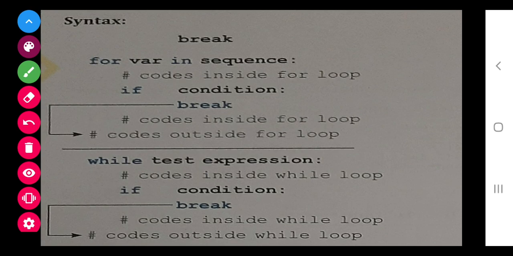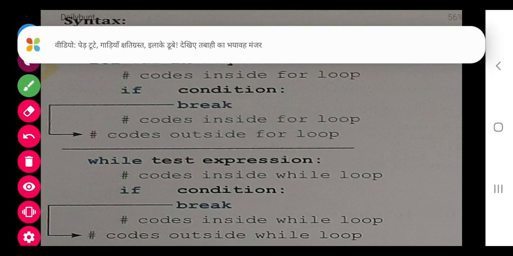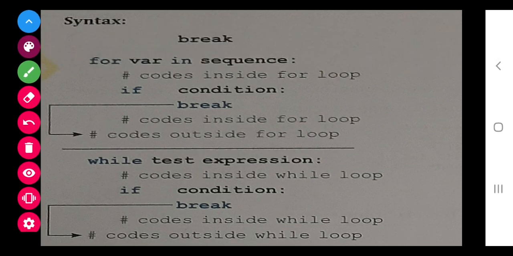First of all, the syntax. Suppose a for loop is going on, and we apply an if condition, and for that particular condition we want to break it. We can use the same with while also, same syntax.